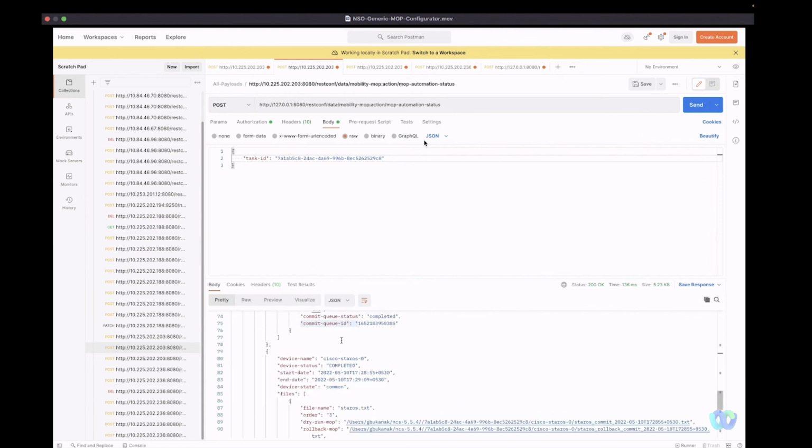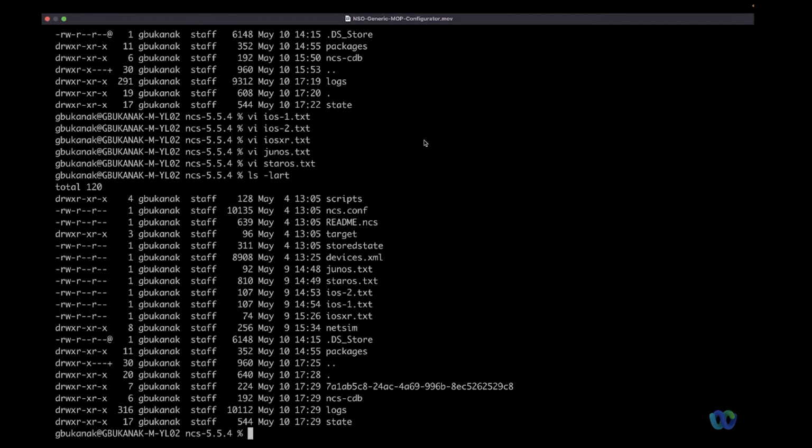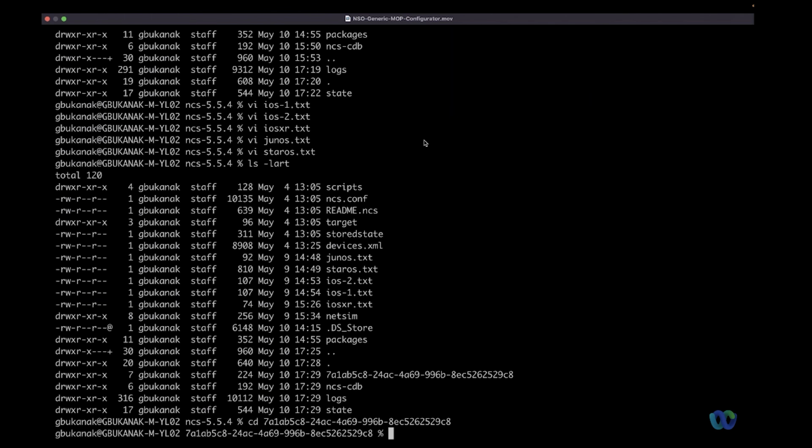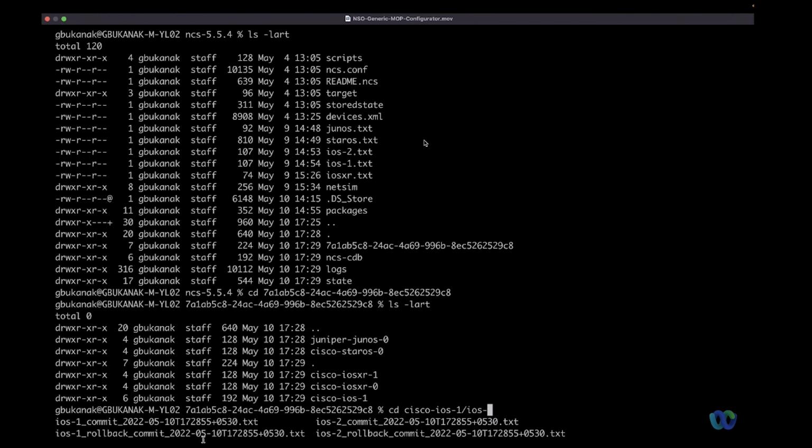Then we'll go back and see the folder which is generated based on the task ID, which is generating the dry run files and the rollback files according to the files plus devices. If you go to the iOS 1, in fact, you look at 4 files: 2 commit files, because we are pushing 2 different files, and 2 rollback files. Likewise,